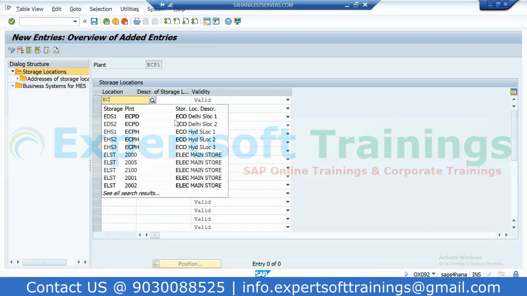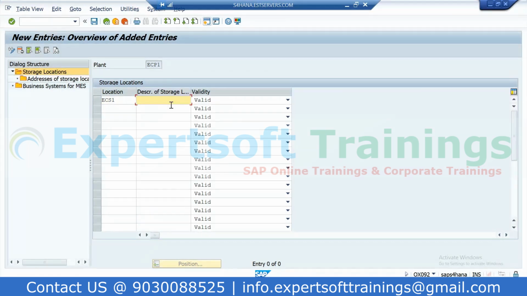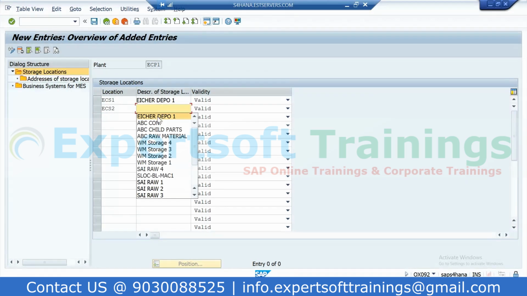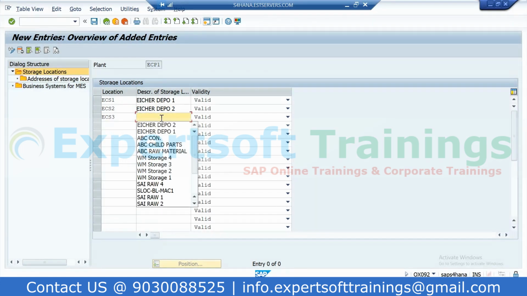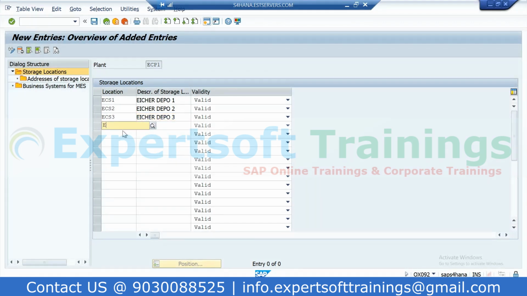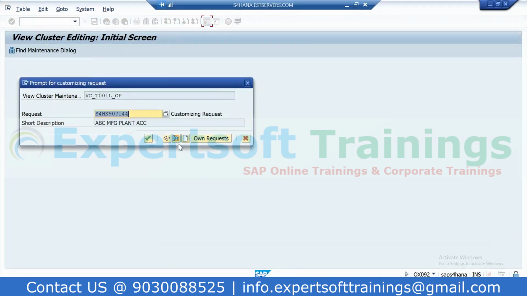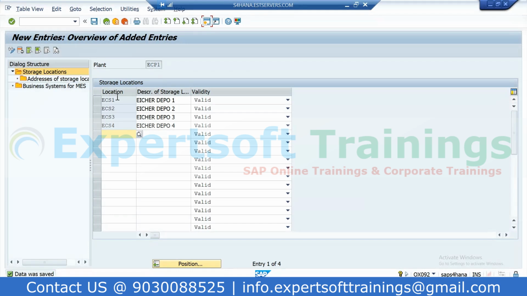ये देखिए, ECS1 यानी स्टोर लोकेशन 1, राइट। सो ये ऐसे डालेंगे, EI आयशर डेपो 1। सिमिलरली ECS2, आयशर डेपो 2, ECS3, आयशर डेपो 3, ECS4, आयशर डेपो 4। एंटर एंड सेव इट। तो हमने अपने प्लांट की कितनी स्टोर लोकेशन बना ली हैं, स्पर्श? 4. 4। वेरी गुड। तो स्टोर लोकेशन बनाते टाइम आपका असाइनमेंट भी हो गया। ये वाली बात आपको बताना चाह रहा था इस कॉन्फ़िगरेशन में।